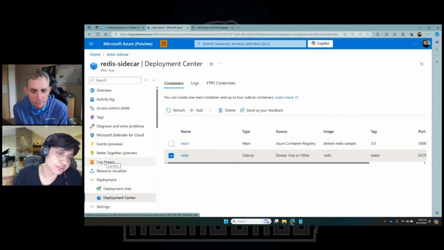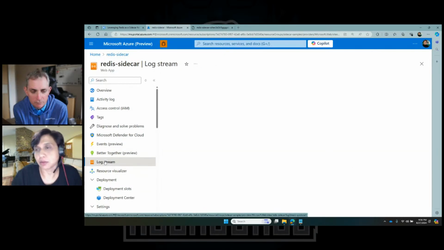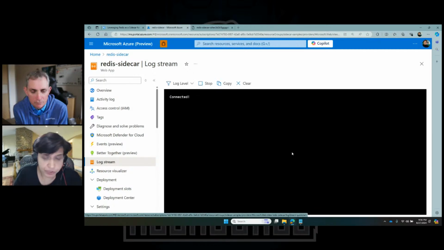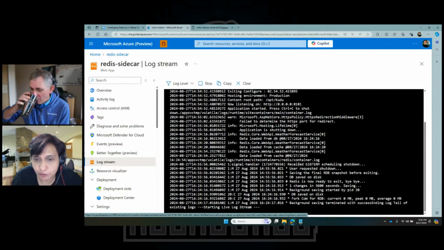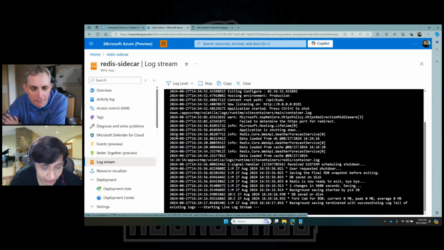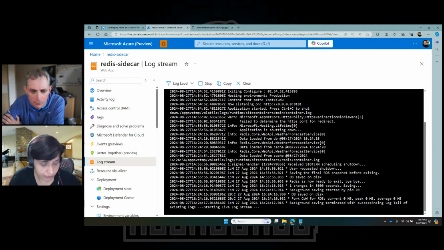We have a log stream over here. The log stream is every time you run a Docker container, we generate some kind of logs for you. And over here, for example, you can see that we are adding items to the logs. So you can see that we are doing all this. I wanted to draw a better line over here, but you can see that the data is getting loaded from the cache. Yeah, very cool.